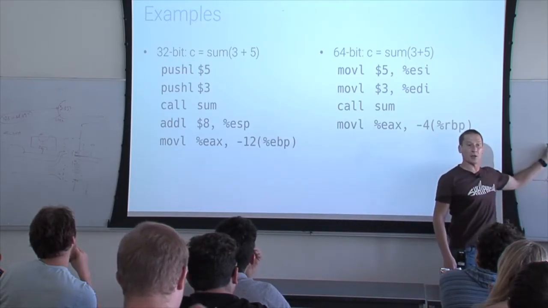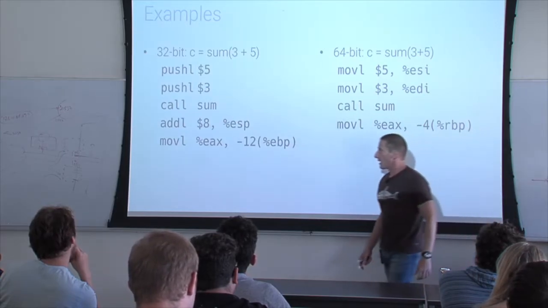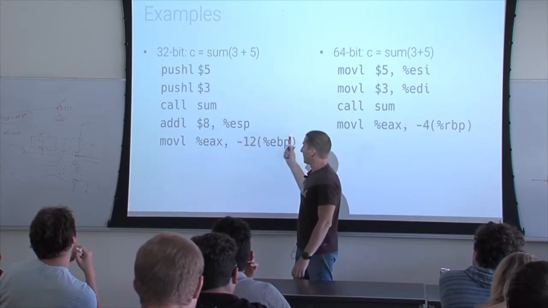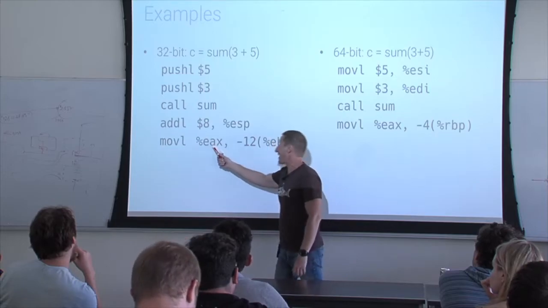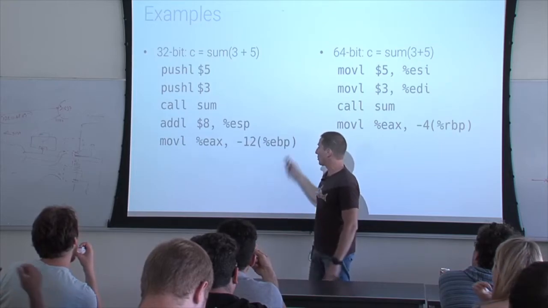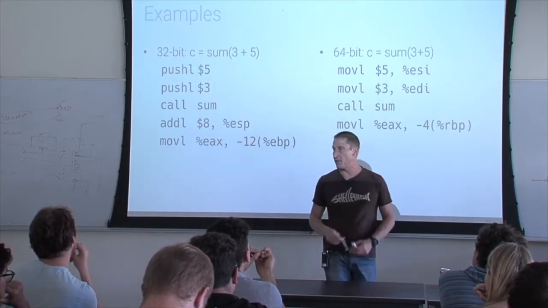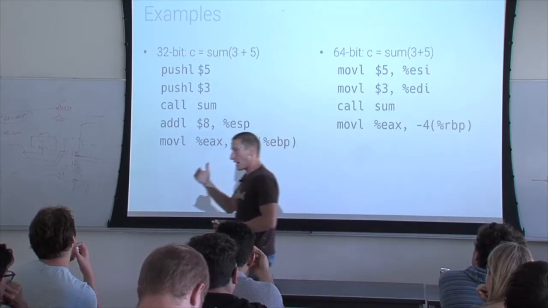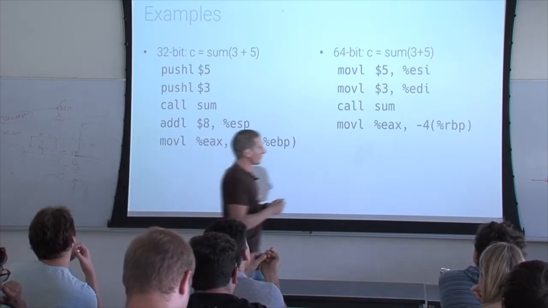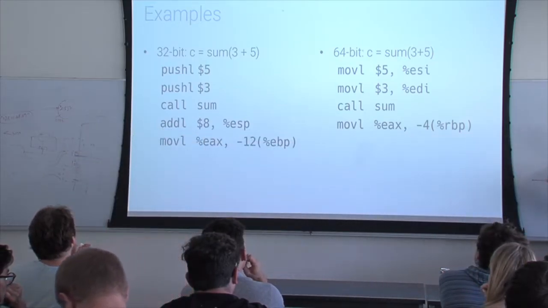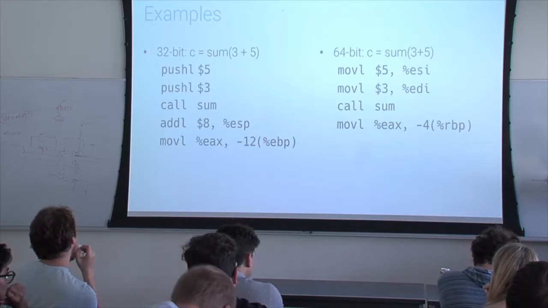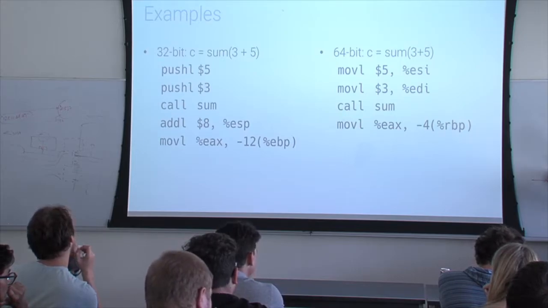So adding to the stack pointer reduces the size of the stack. And then it moves EAX into the location where the variable C was stored, which is a negative offset from the EBP. Since the EBP has the frame, local variables are negative offsets from it. So if this is your frame right here, and you go negative, you move down this way, and that means these are your local variables